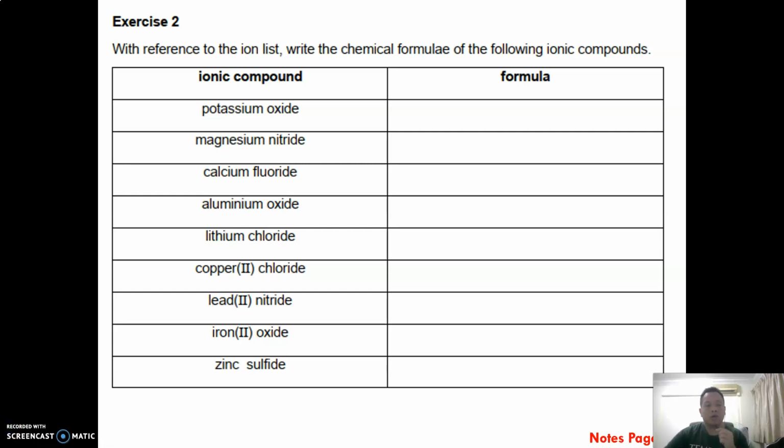Okay, I'm going to assume that you have tried this out. All of these are actually very simple, the more so if you have the ion list to refer to. The difficult part for students is that they don't memorize, right? So then when they go to exams or tests, they write a wrong formula, and then their chemical formulas are all screwed up. Okay, so potassium oxide, K2O,